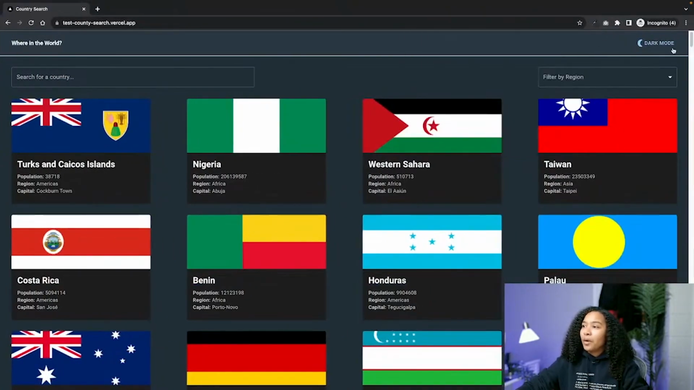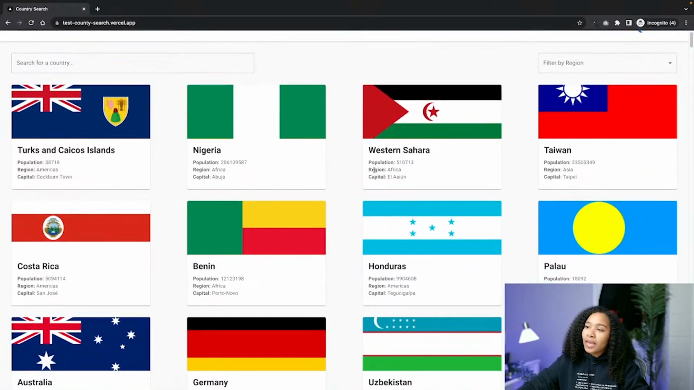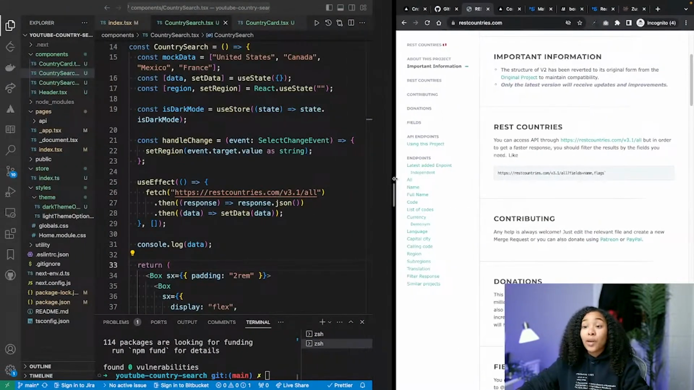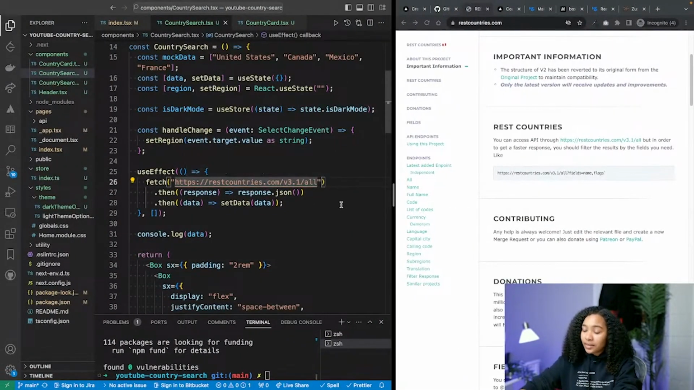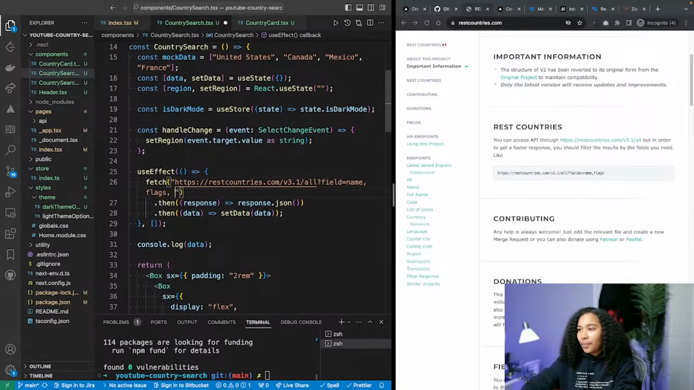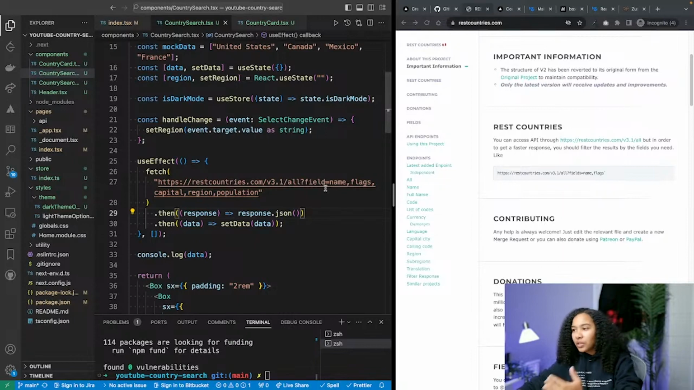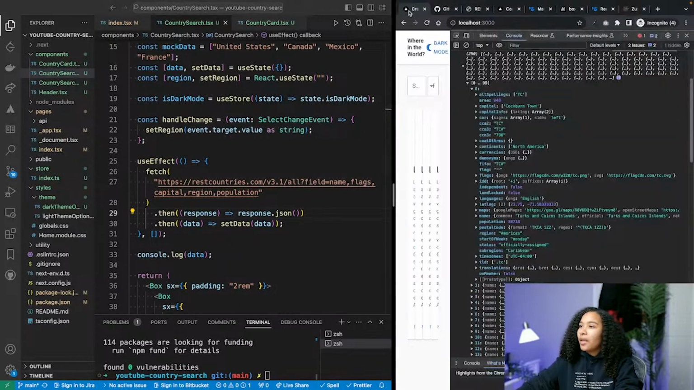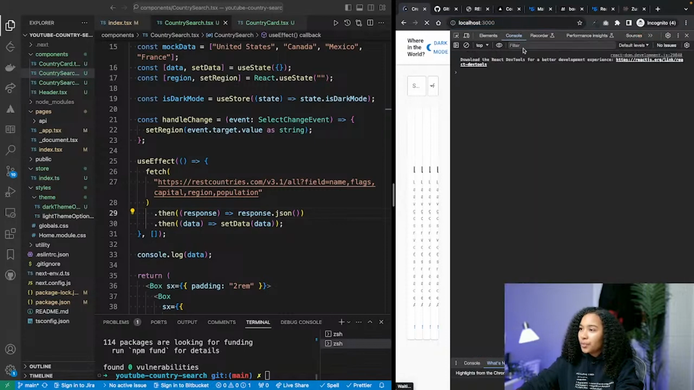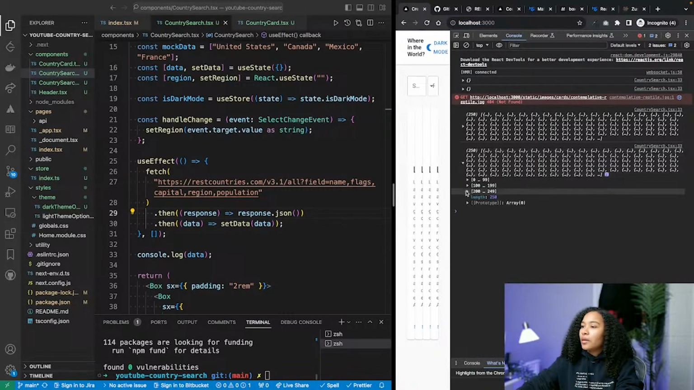Based on our app here, we can see that we want the flag, the name, the population, the region, and the capital. And that's pretty much all we want to get back. So let's go ahead and grab that instead. I'm going to use this exact syntax that we have on the right here. I'm just going to do question mark fields equals, and then we're going to write name, flags, I believe it's just capital, region, and population. That should be all that we need to get. If there's more we need to get, we can always come back and add it, but that should be good for now. And then if you go back to the app here and we hit a refresh,